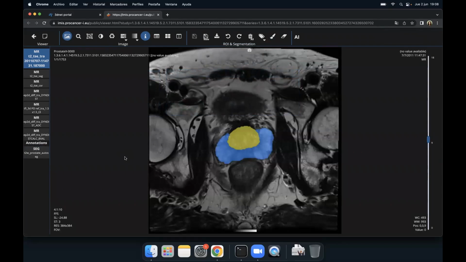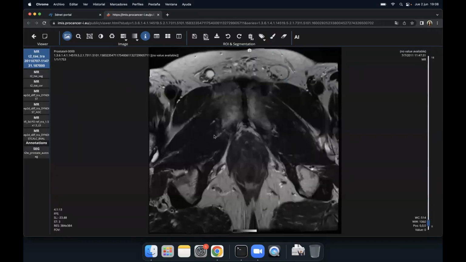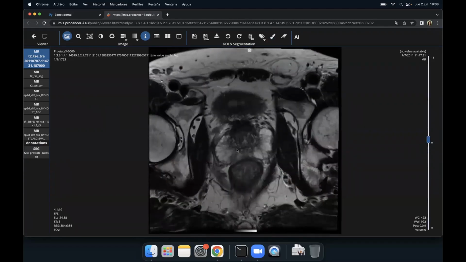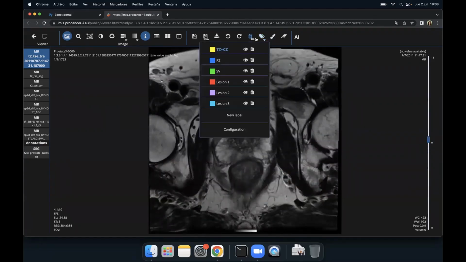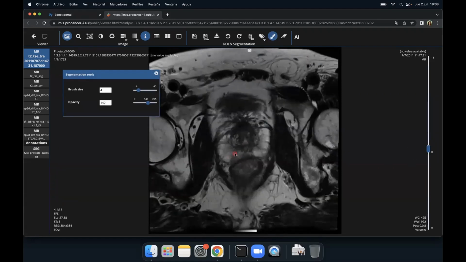Finally, we have to perform the segmentation of the lesions. For that, we have to reinitialize the viewer. In this case, we are going to use the other labels, the ones for the lesion. Here we have a lesion. So we have to select, for example, the first lesion, then again the brush tool, and perform the segmentation manually in this case. So we can go slice by slice, performing the segmentation of the lesion. In this case, I'm going to segment that part and also this part, and then I have finished the